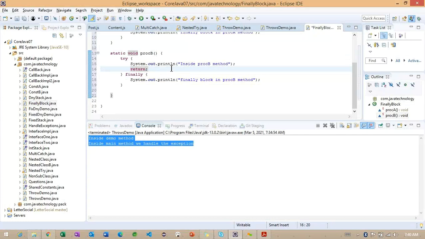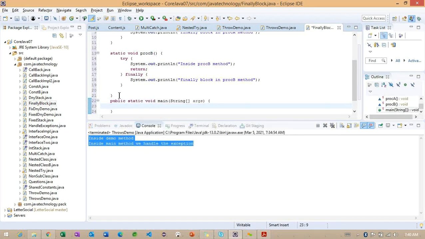And so we'll try to check with the main method. We'll try to check with the main method here. Basically, inside this particular main method, now what I want to do, I want to use a try block.